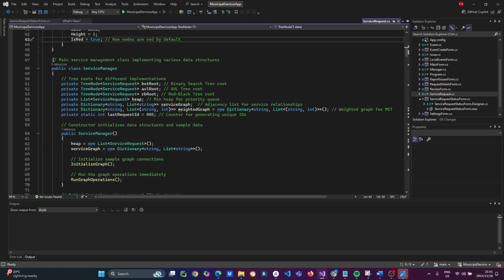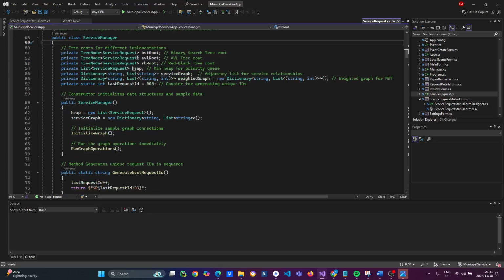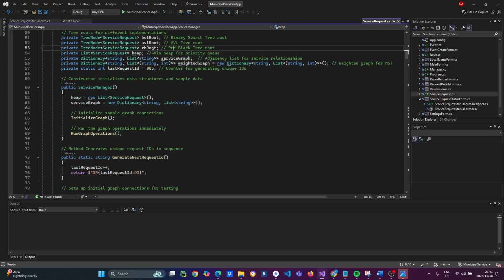So then here we get into our main service management class, and we are implementing various data structures. Here I'm going to go through: we are implementing binary search tree roots, our AVL tree roots, our red black tree roots, as well as our minimum heap for priority queue. And we are also using dictionaries and adjacency lists for our service relationships, as well as weighted graphs for our minimum spanning trees. And yeah, this is basically just a static